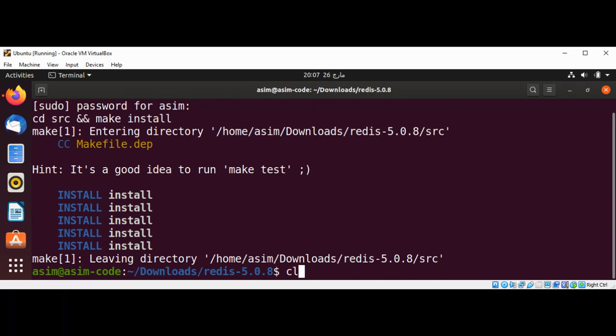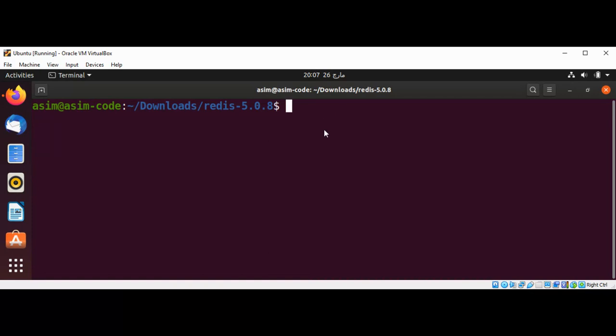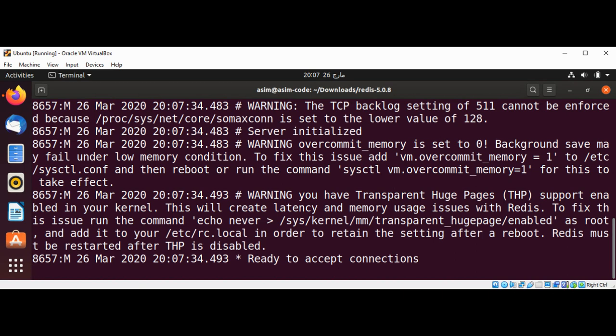To start our Redis server, we need to run command redis-server and enter. You can see the message over here, ready to accept connections. Now I'm going to start a Redis client